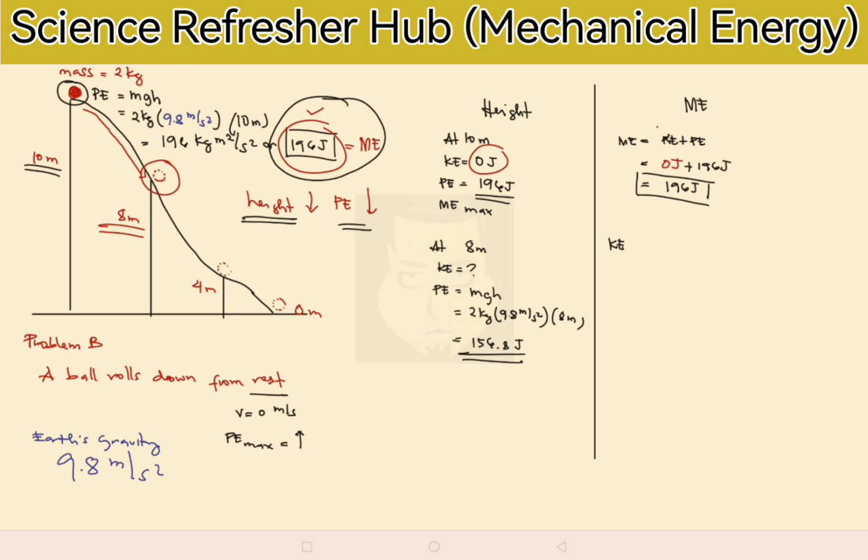Okay, kinetic energy. How to find it? We will still be using the mechanical energy equation here. For the ME, we will be using the value of maximum mechanical energy, that's 196 joules. And then we don't have the value of KE, but we have the value of PE at 8 meters. So the value of PE at 8 meters is 156.8